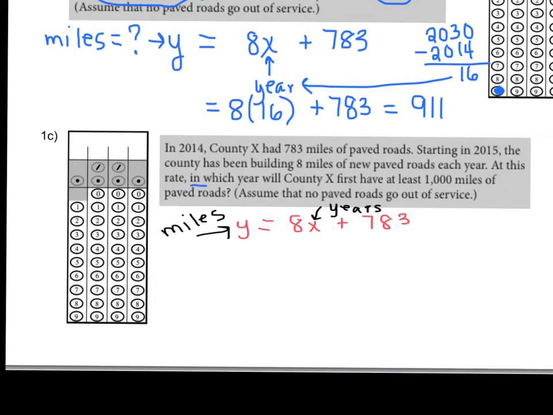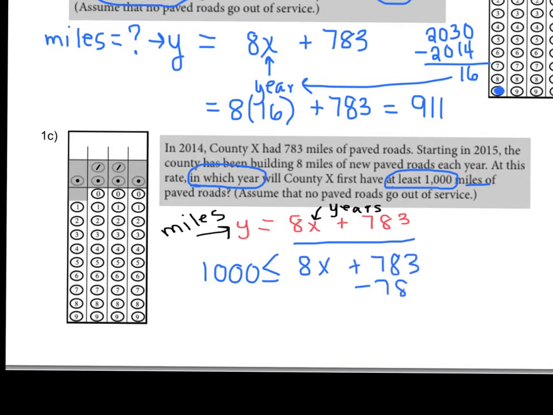So let's make sure that we answer the question they're asking. They want to know in which year, so our answer is going to be a year. When will the county have at least 1,000 miles of paved roads? So they don't want exactly 1,000 miles. They want at least 1,000 miles. It means the number of miles that they have, which is what's on this side of the equation, needs to be greater than or equal to 1,000. And since the 1,000 is miles, it's going to go in for y. And we're trying to figure out how many years. So let's solve this inequality